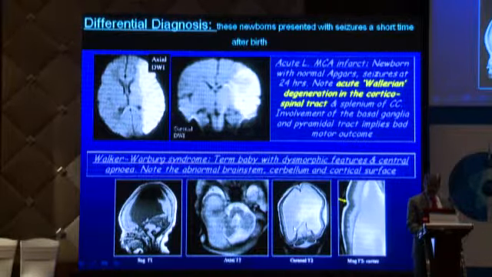This is a congenital disease which also can present as encephalopathy sometimes, and you may not detect it clinically, but MR can help you. The classic appearance of the zigzag brainstem, the cerebellum is abnormal, and look at the malformation of cortical development, totally flat cortex. So that is Walker-Warburg syndrome.